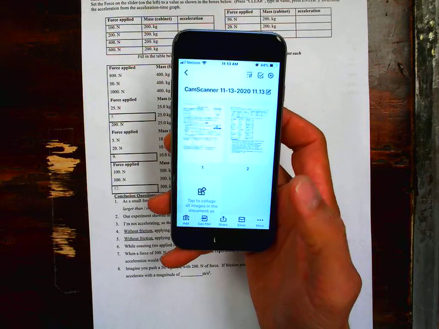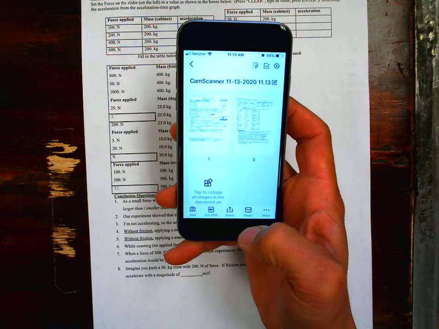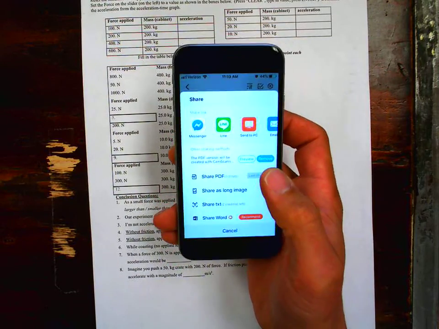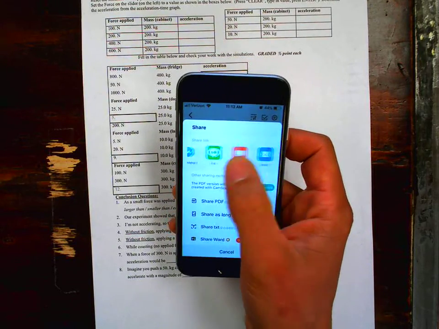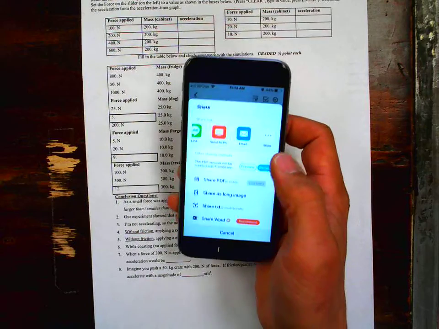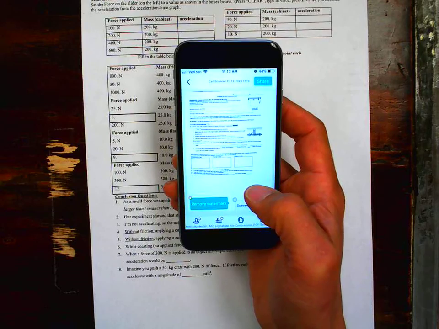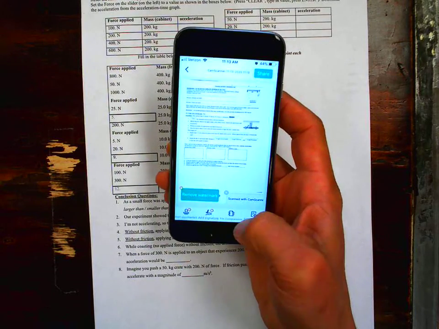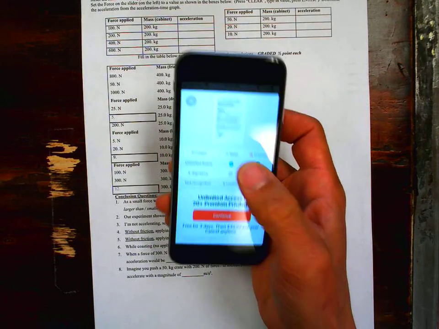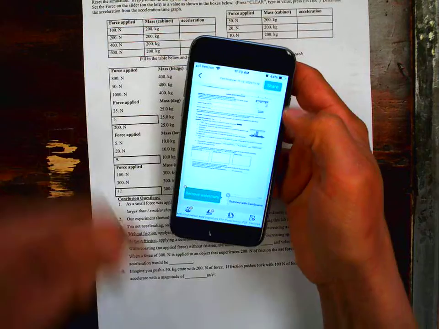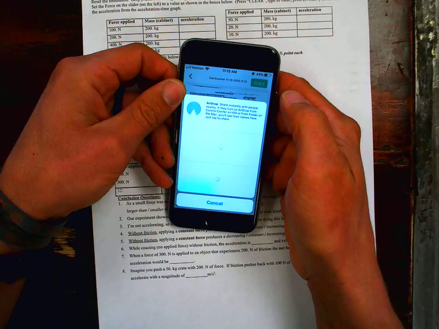Go to share. There's a couple ways you can do it. You can share it, and then you could send it. I got that messenger app. You can email it to yourself. But what I would recommend doing is a share PDF. You don't want their watermark on there, so you can remove that, I think. Whatever, go away. And then I'm just going to hit share, and it will generate a PDF,